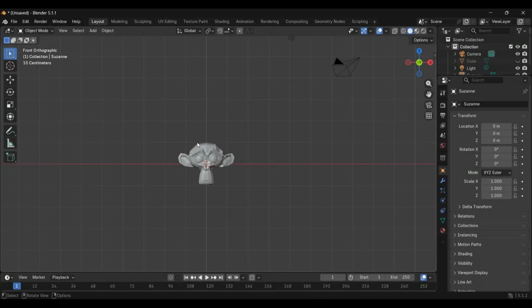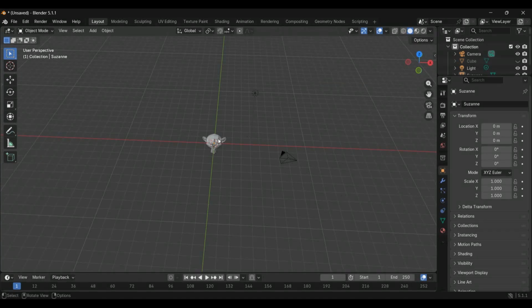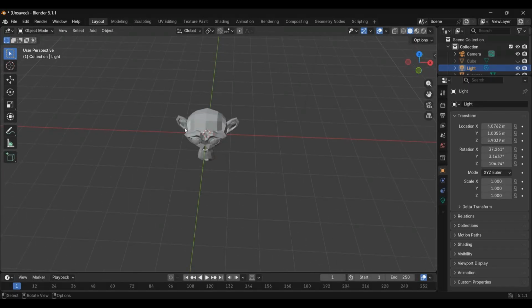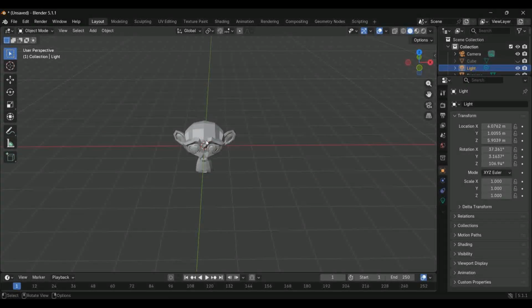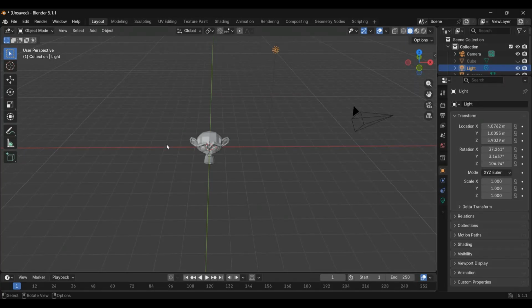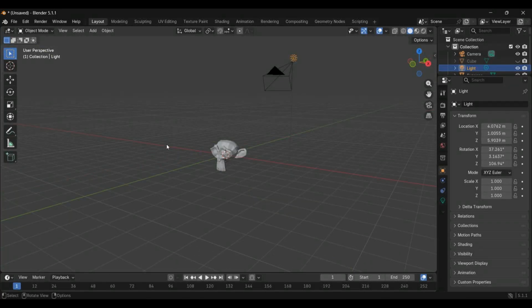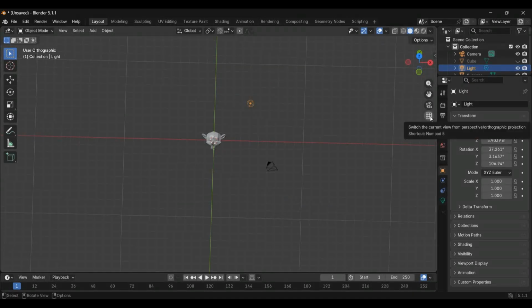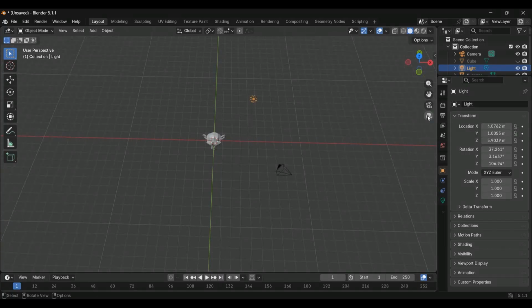So apart from the lines and those three objects, there is this cursor which has a separate video because there is a lot of things to talk about the cursor. And there is this grid. So this grid tells you what kind of preview you're looking at. As you can see, when you hover over this, it tells you, hey, switch the current view from perspective to orthographic projection using numpad 5. Okay, you don't have to use numpad 5, you can just click here, and as you can see, the difference is quite evident. This is perspective,